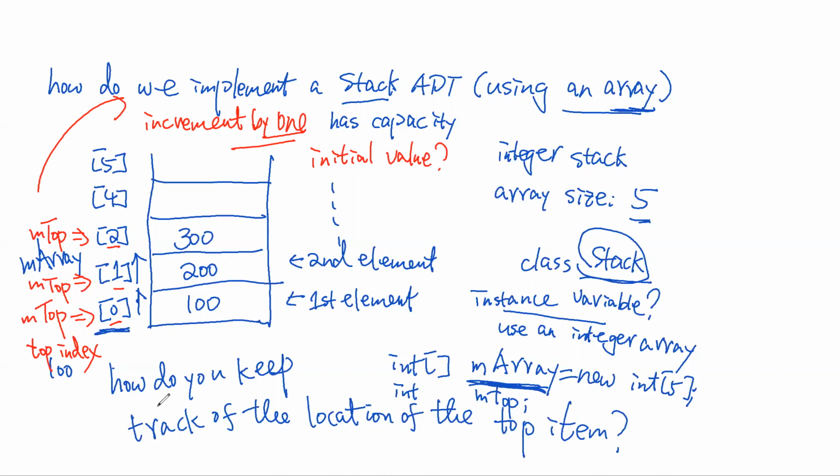If it starts at 0, then when you add 100, it's supposed to change it to 1. So what is the best value for the initialization? It is -1. This is kind of weird because an index cannot be -1, but this doesn't matter. Because when m top equals -1, it's kind of like